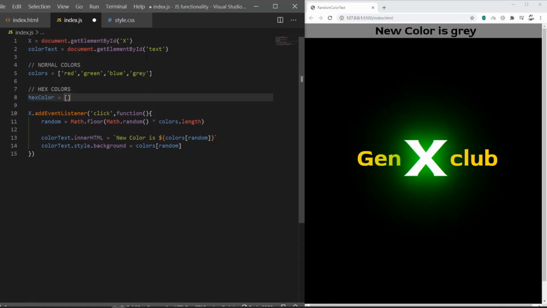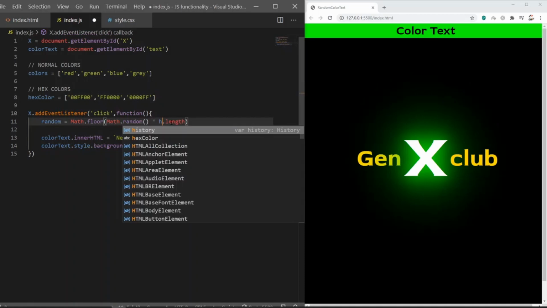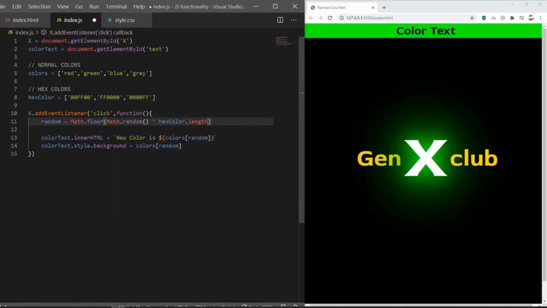Let's give red, green, blue, but in hexa codes. So that's 00FF00, that's green, comma, FF0000, that is red, and last one 0000FF, that is blue. Cool, let's save this. Now in our random variable, let's change the array name from colors to hex color, and everywhere else.